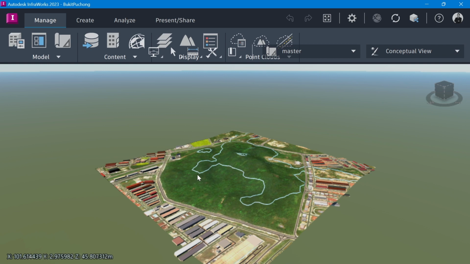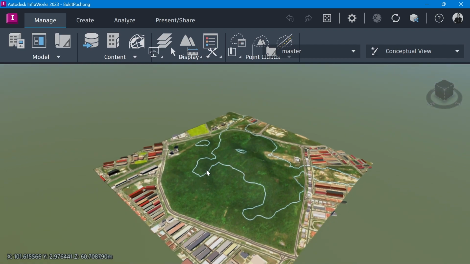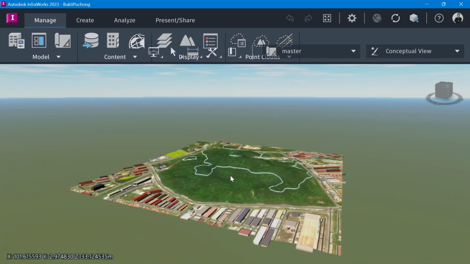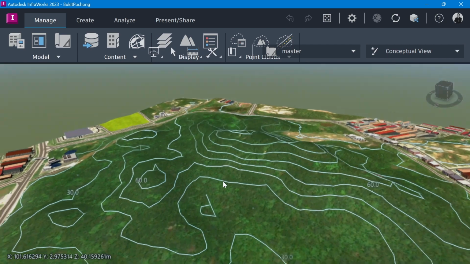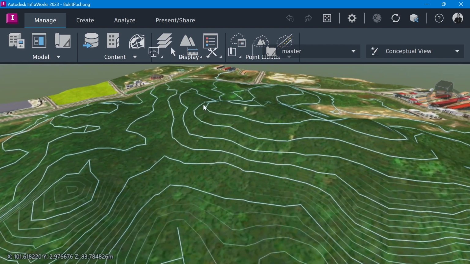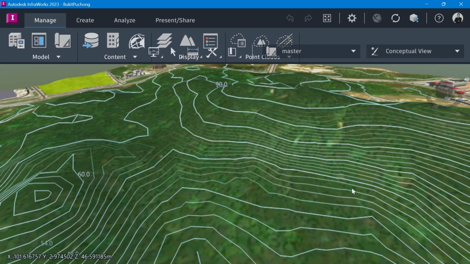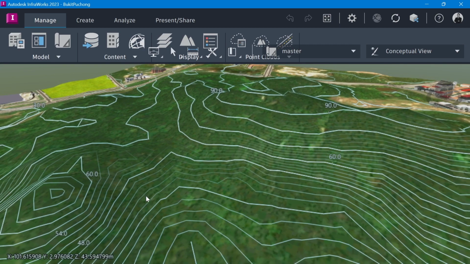So it is already converted to meters directly. We can see here the area is hilly, so the closer we have here is the generated interval of the contour.